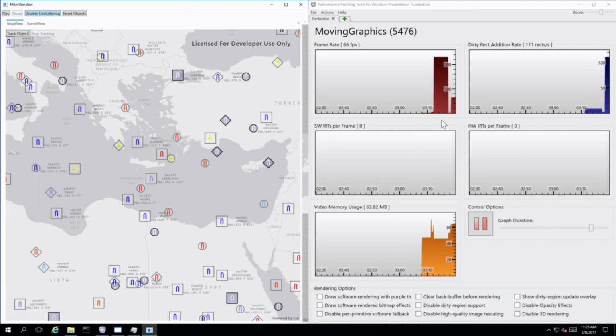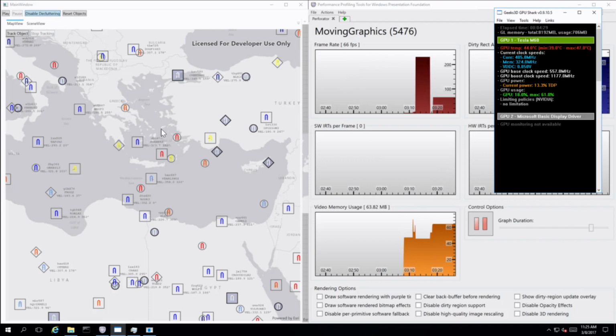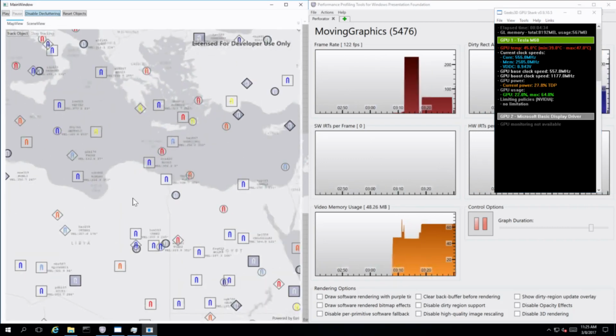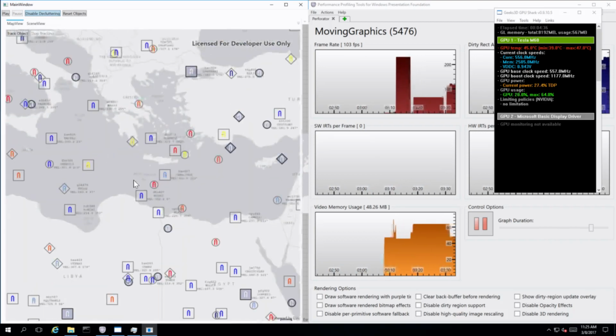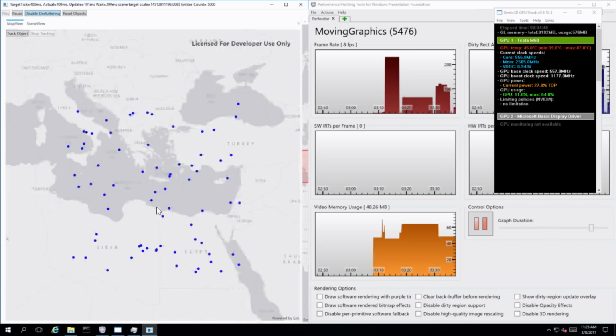Okay, great. So now what we can see here is, all right, we're getting over 60 frames per second. That's great. As I maneuver around the map, I can see I can get updates. It's fairly quick, right? There's a little bit of a lag. If I play this and I start maneuvering graphics,